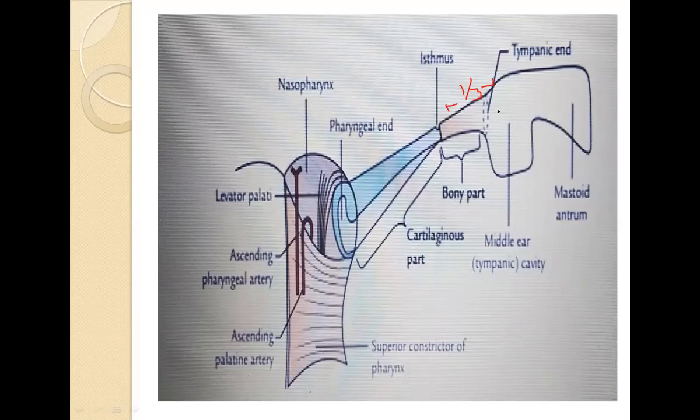Yes. So this will be the tympanic part of the temporal bone, and consider here there will be a bone called the petrous part of the temporal. So this entirely is the temporal bone, and here will be the tympanic part of the temporal bone, and here will be the petrous part of the temporal bone. So the bony part is between the tympanic part of the temporal bone and the petrous part of the temporal bone.